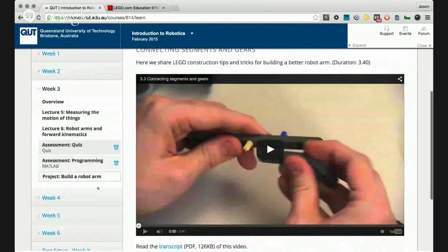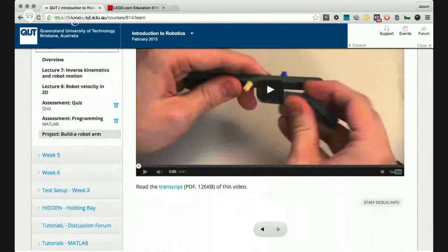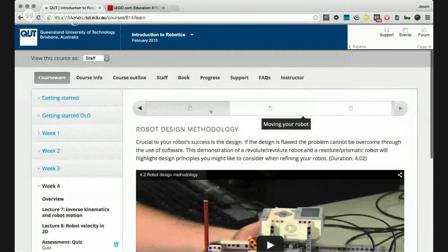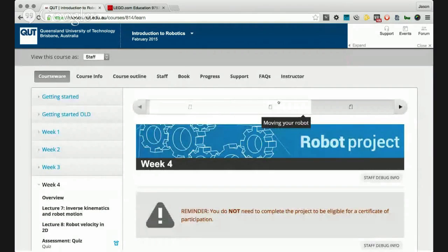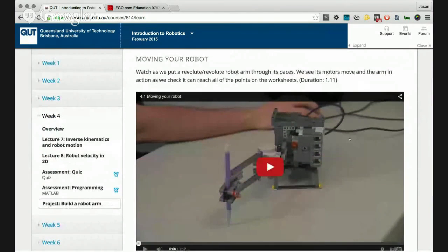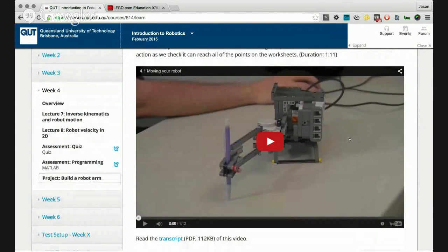And then, connecting. You guys know how to play with Lego. And we got week 4. So again, this is moving your robot. This is again making sure it can reach all the sections and it spins and rotates the way you want it to. There's no clicking of gears or things falling off while it's working.